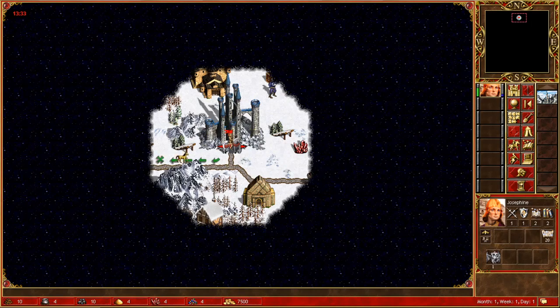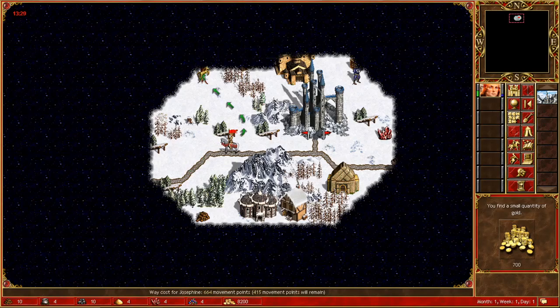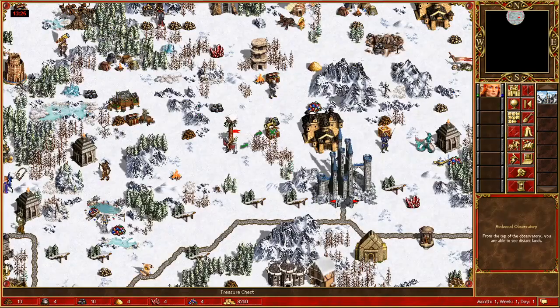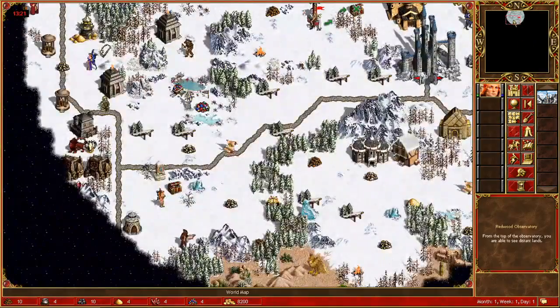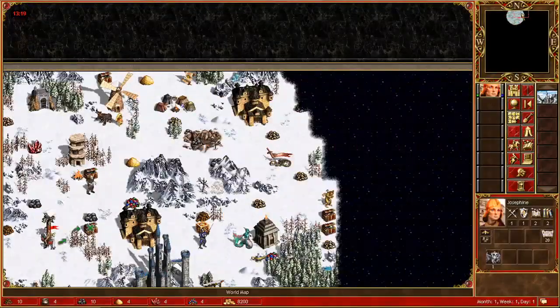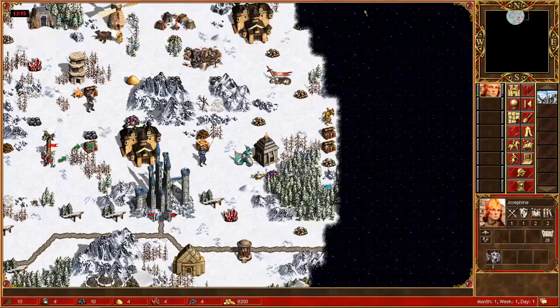Alright, but let's go ahead and scout with Josephine first, and pick up as much gold as we can as well. Ooh, nice, we actually have an observatory here. Yeah, we're going to go ahead and visit that. That's great. So that's pretty much a free lookout tower for us, so we don't really need to build a lookout tower. I mean, it will give us more scouting information here, but... Okay,